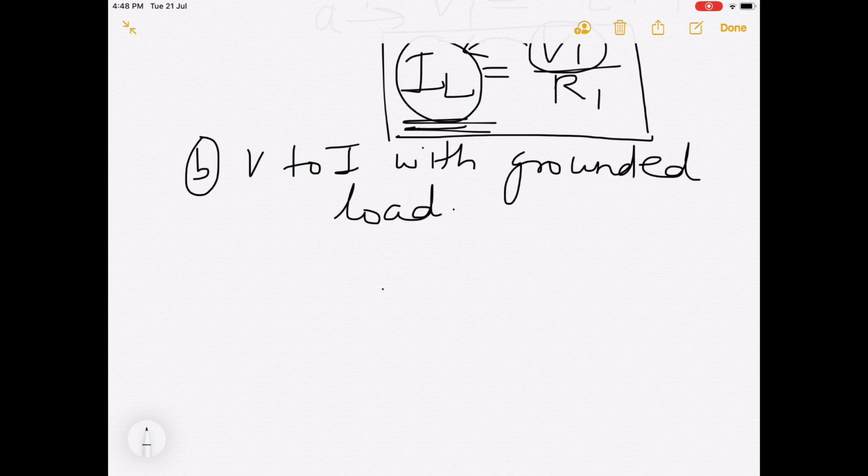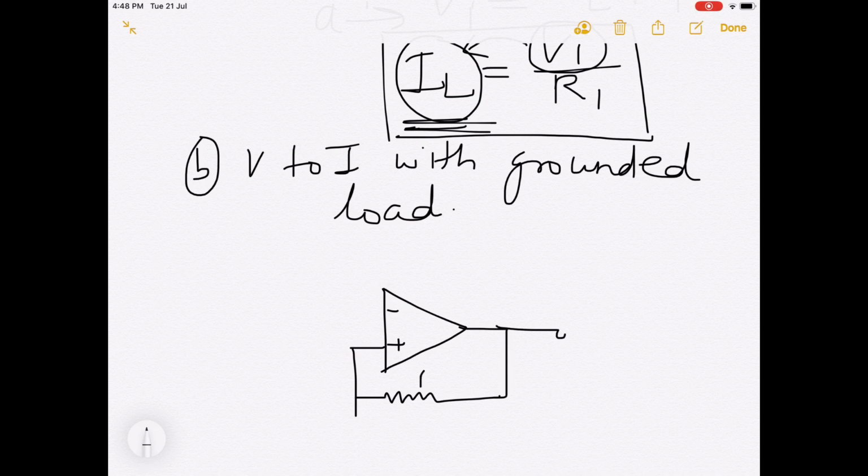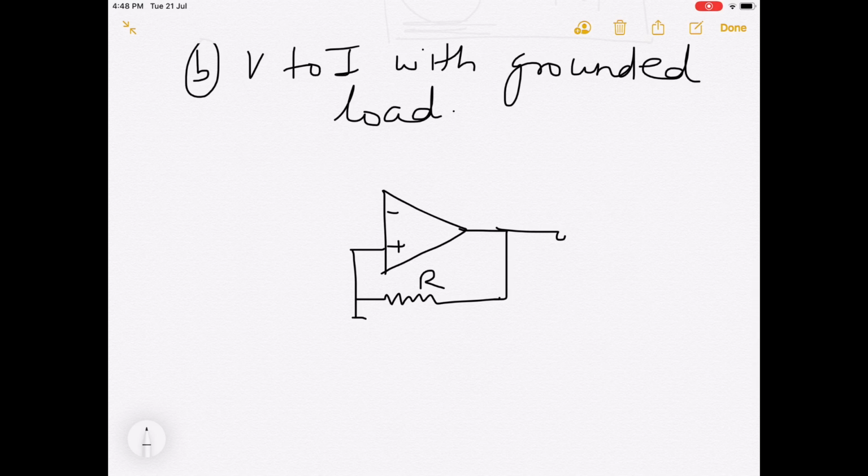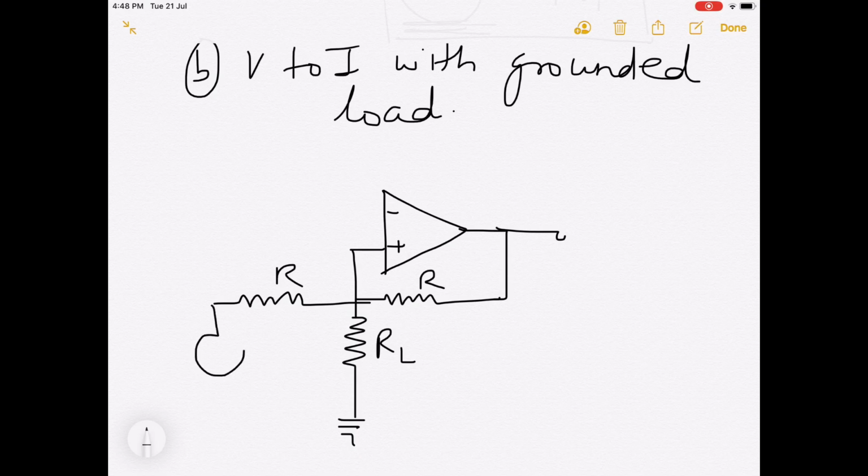So, for this we have to take one op amp, then this op amp should be connected with one resistor value like this. Suppose this is R, then this one resistor and one terminal is connected to ground. This is RL, then this resistor R, then input V in and one terminal is connected to ground. This combination we are using for connecting this load resistor terminal to the ground.